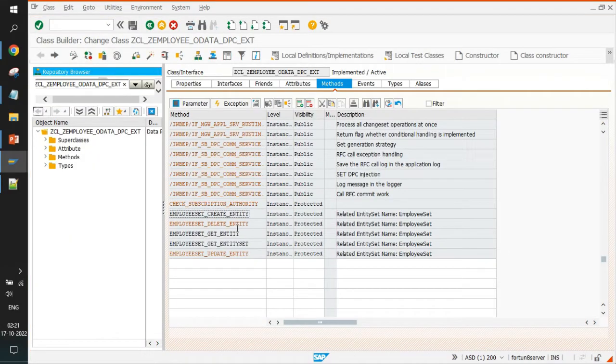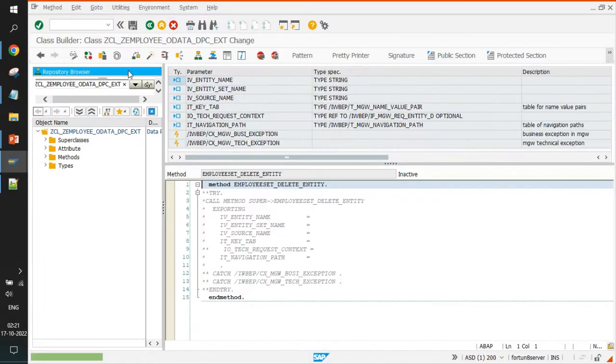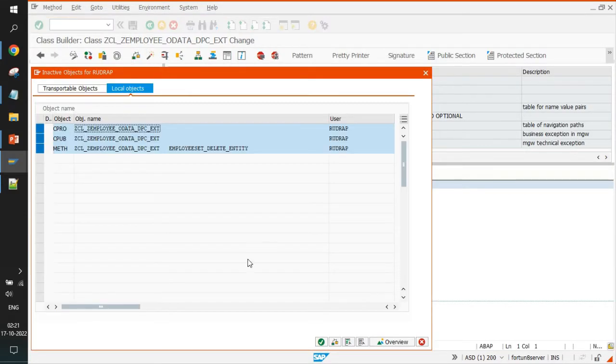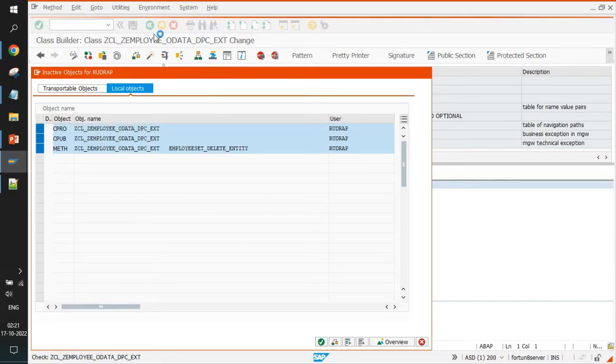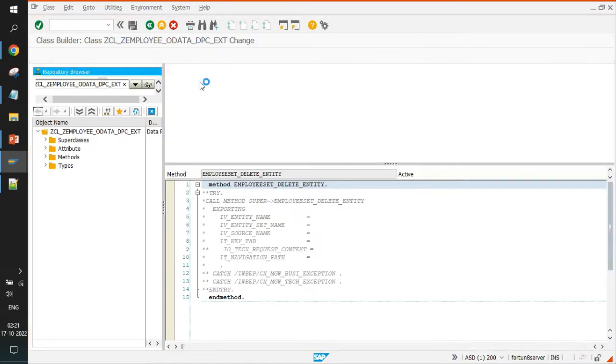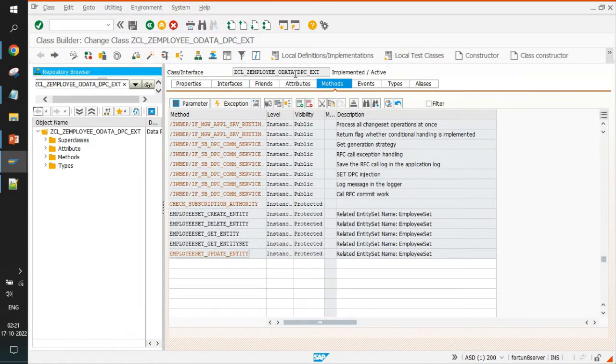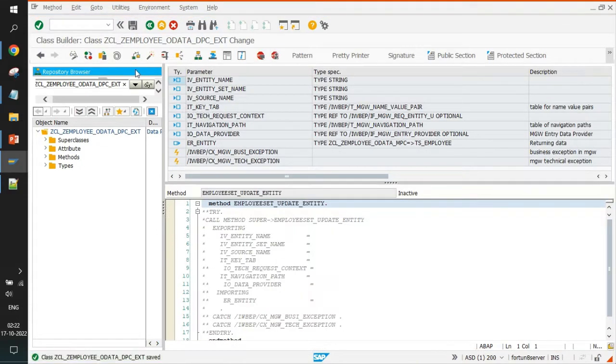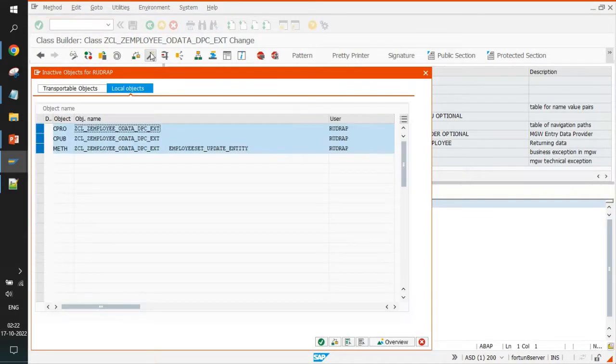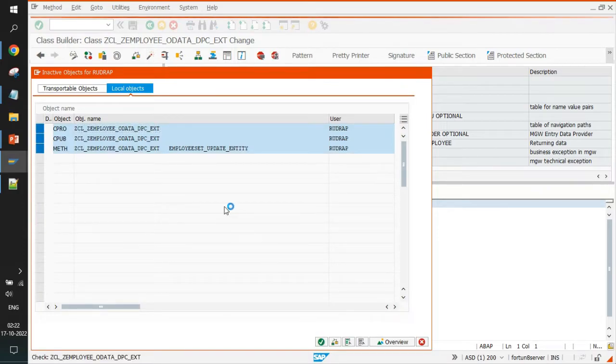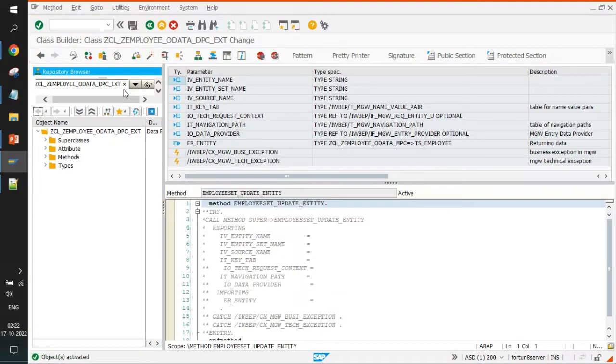So you don't have to activate every time, just taking extra precaution so that we do not activate any code filled with error. And the last one. So till now what we have done is we created a table. On top of the table in SEGW transaction we created OData, activated the OData after importing the DDIC structure, and now we